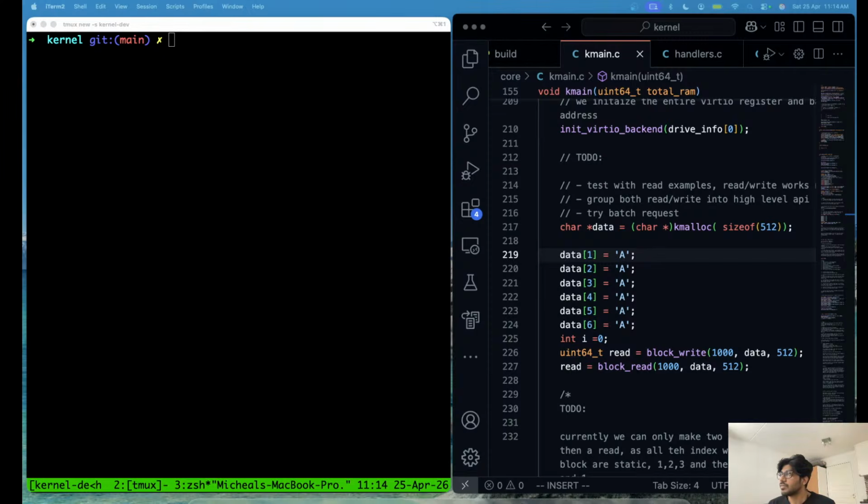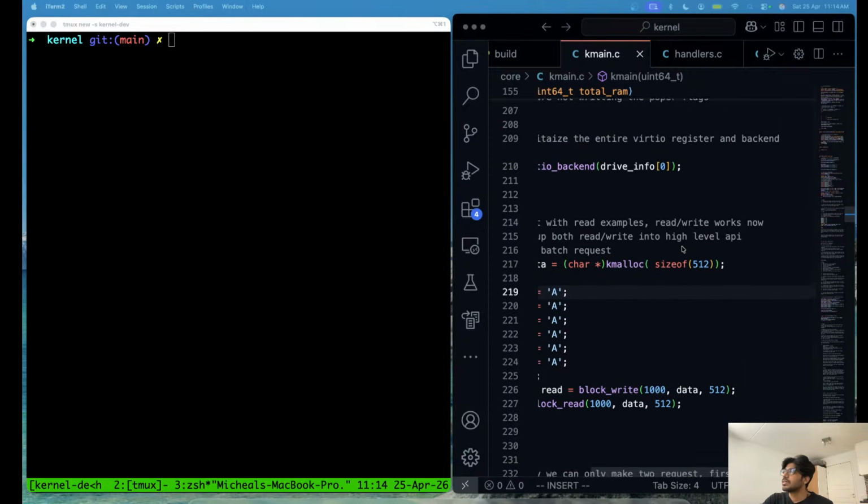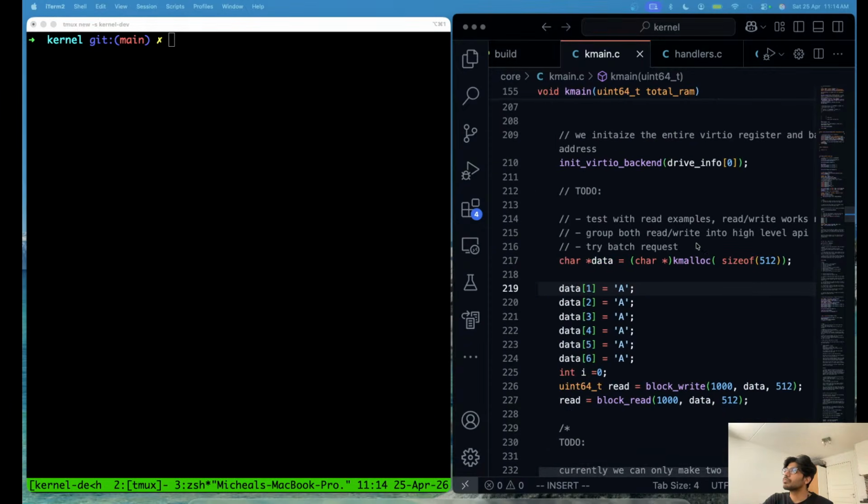We last time managed to finish the block write and block read that I can see, and I do have some to-dos here saying that we need to group those reads and writes into a bit more high level